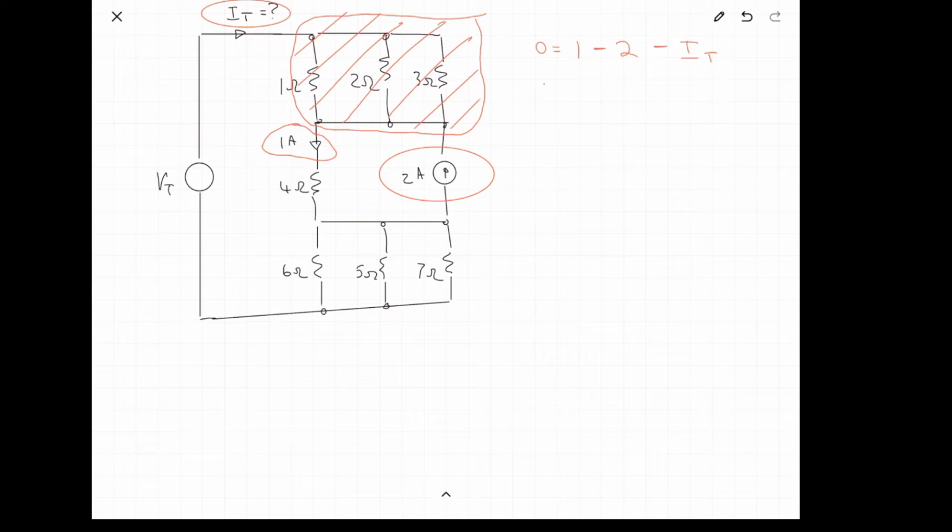And we do our algebra, that's going to equal IT equals negative 1 amp. So you can see that that problem was in fact very, very simple. Say if you didn't see that particular shortcut,